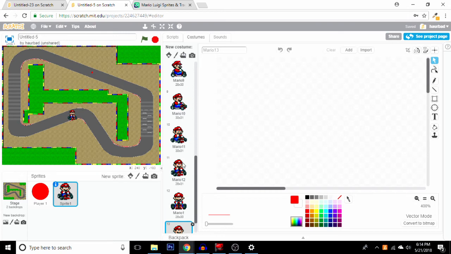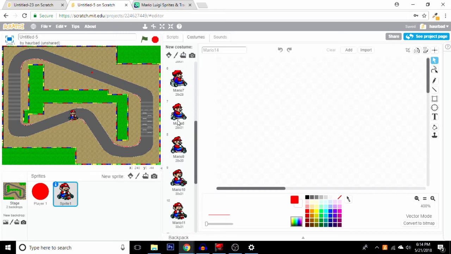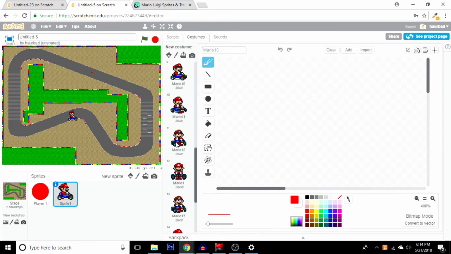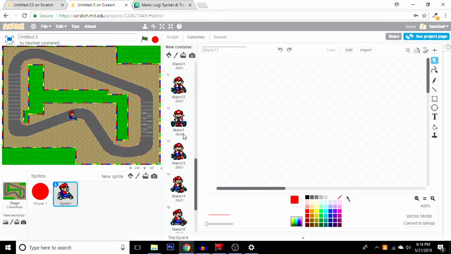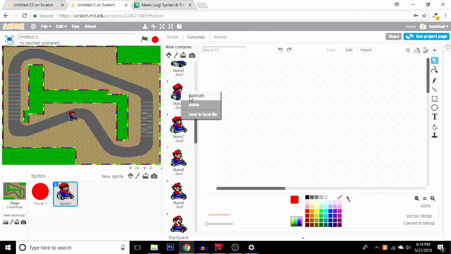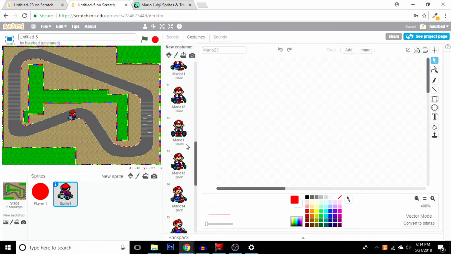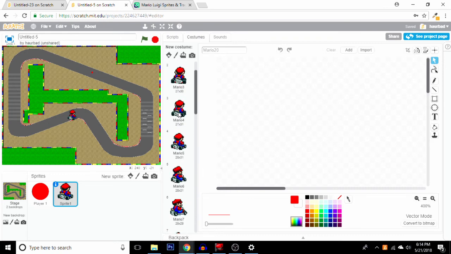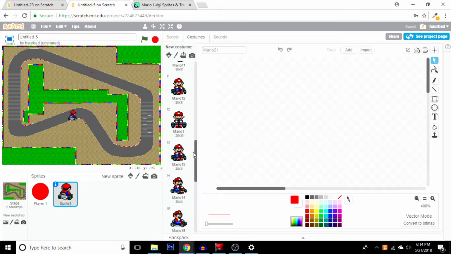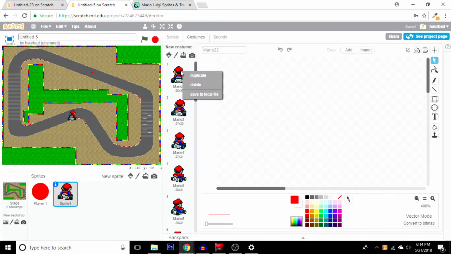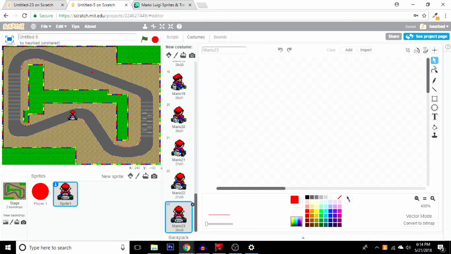Duplicate Mario 12, 11, 10, 9, 8, 7, 6, 5, 4, 3, and 2. Okay, so now that I'm done with that, just go through all of your duplicates and